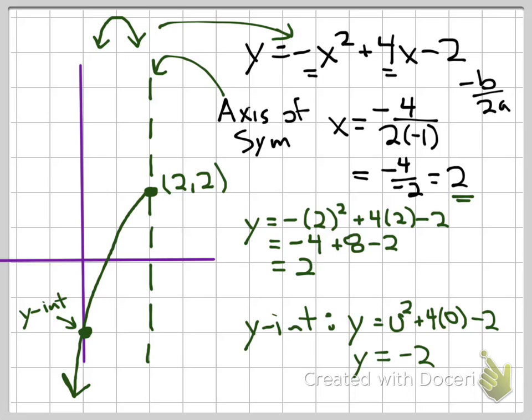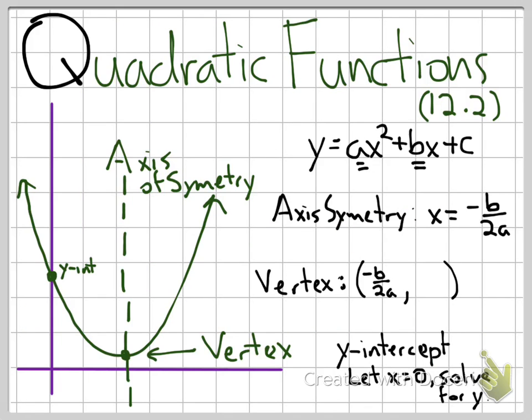How we can find the other side is I could sit and plug in points for 3 or 4, but we also talked about how it's symmetrical. So if I went over 2 units to get the y-intercept point, I could go on the opposite side 2 units over and use that symmetry to match it up and draw my parabola. Okay, so let's go back here to our vertex, and we are going to